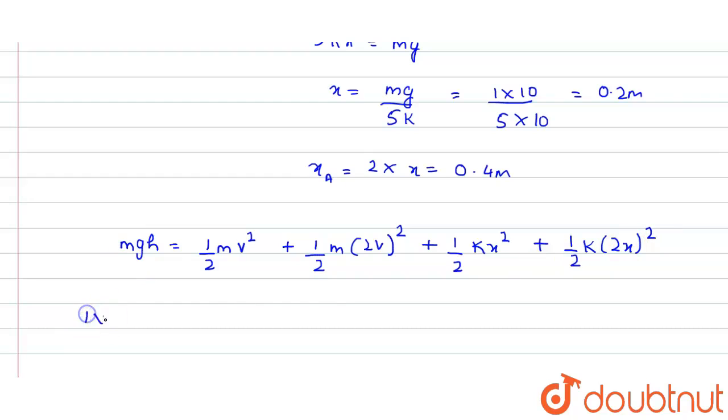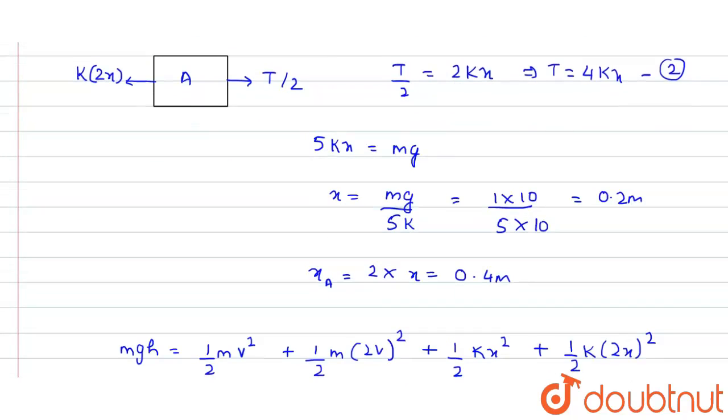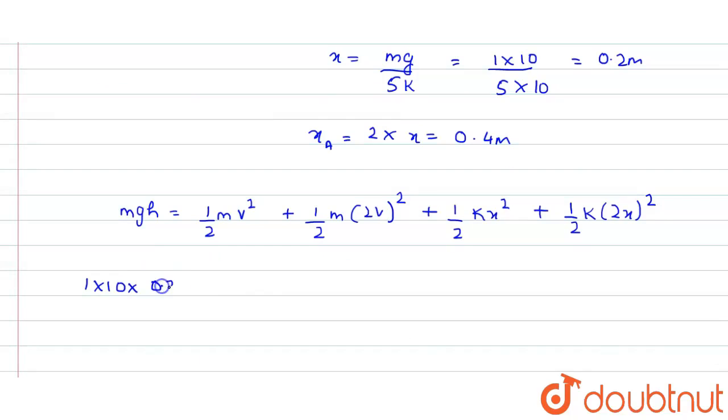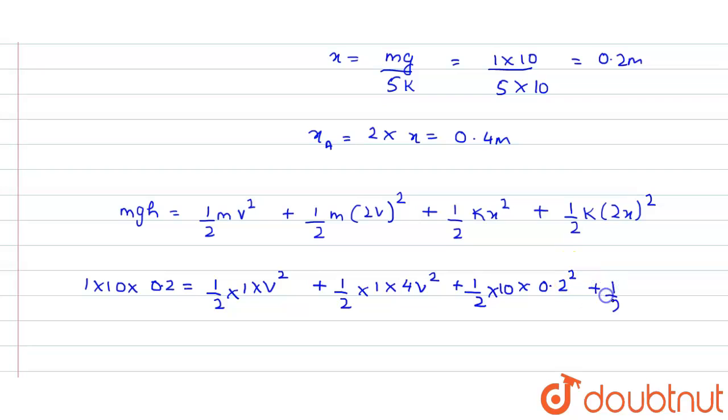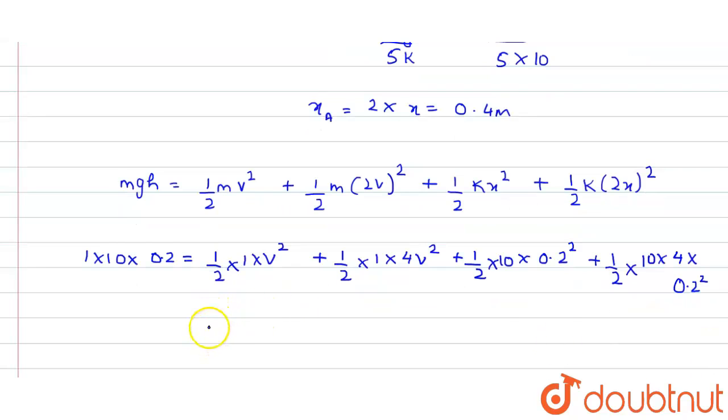So if we put the value, mass value is 1, g value is 10, h value we know is basically our x. So x value we have calculated to be 0.2. This would be equal to 1 divided by 2, mass is 1, into v square, plus 1 divided by 2, mass is 1, into 4v square, plus 1 divided by 2, k is 10, into x value 0.2 square, plus 1 divided by 2 into k is 10 into 4 into 0.2 square. Now if we solve this, then our v would turn out to be square root of 0.4,